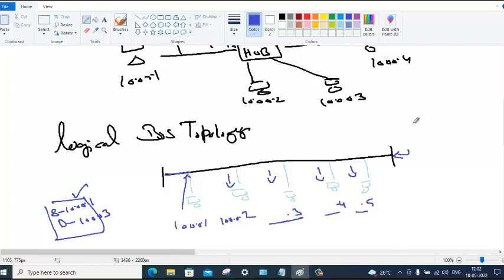We call it a broadcast domain, only one path which is responsible for controlling the broadcast between these devices. Hub has got only one broadcast domain. There is also a word called collision. Hub has got only one collision domain.